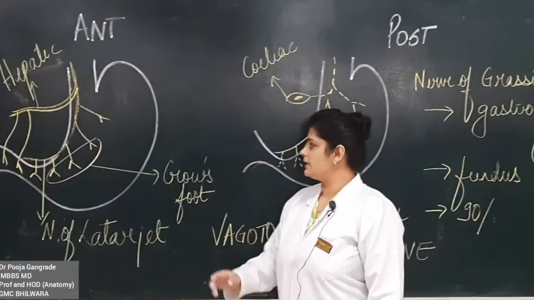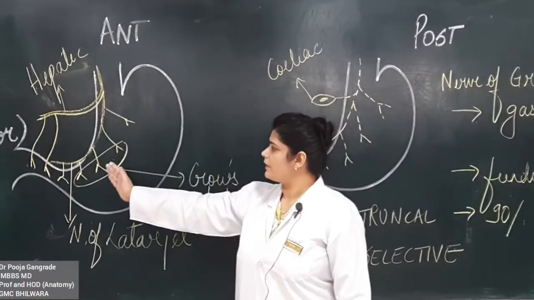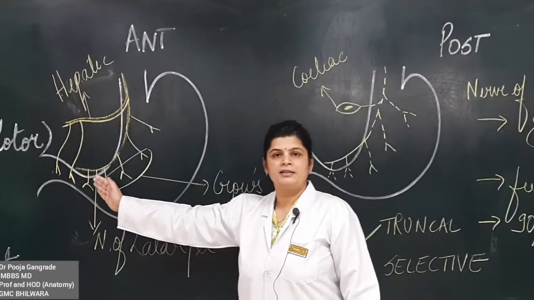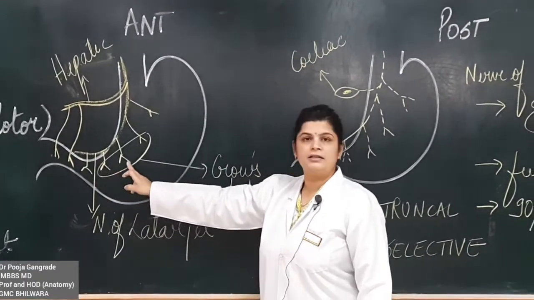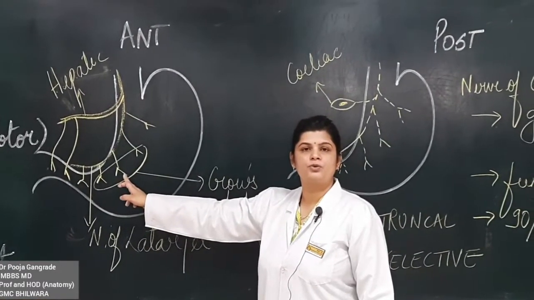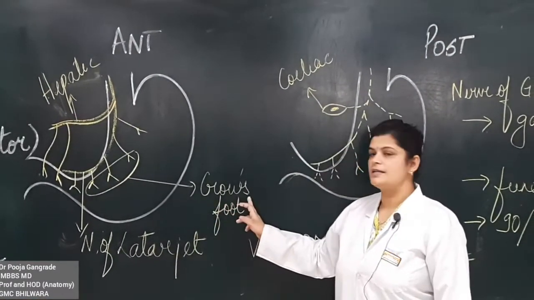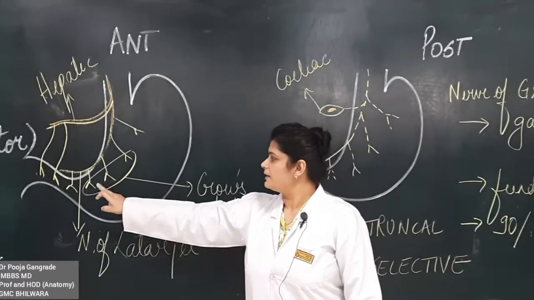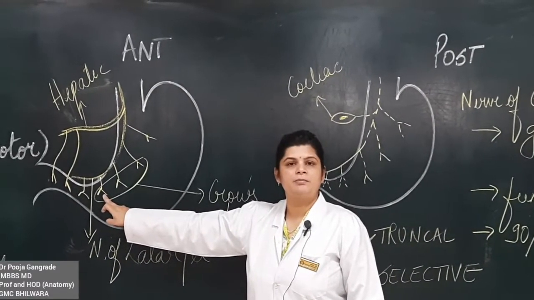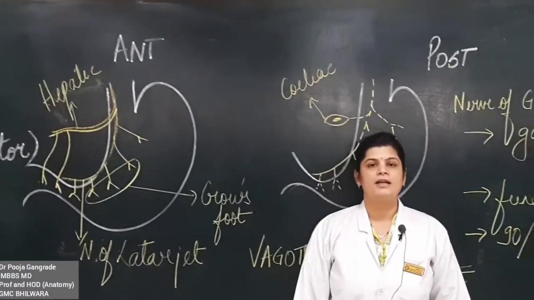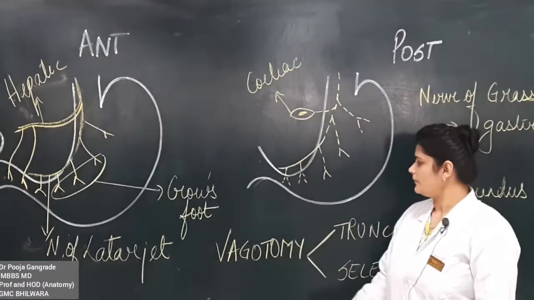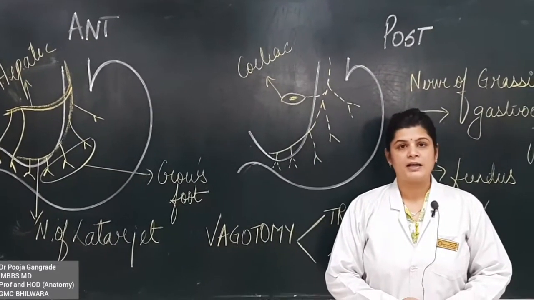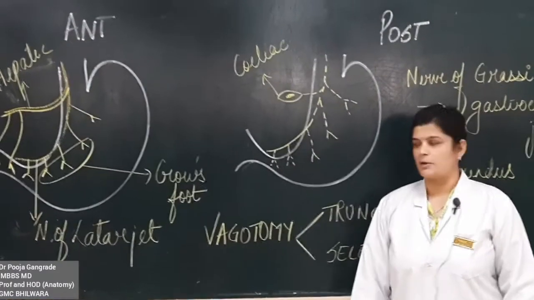The point to ponder is that when the anterior vagal trunk comes down to the lesser curvature at its termination, this pattern of distribution of nerve to the lesser curvature is called the crow's foot, कौवे के पाँव, crow's foot. The way the branches are given out in the terminal part of the anterior vagal trunk, they are called the crow's foot.